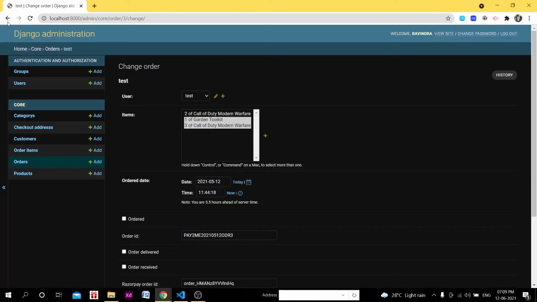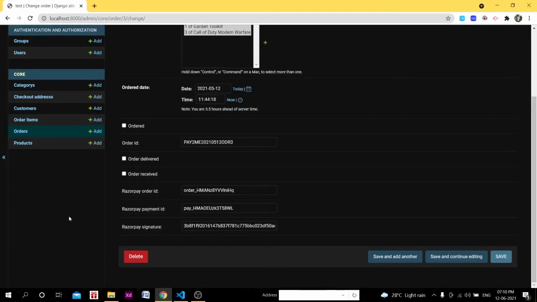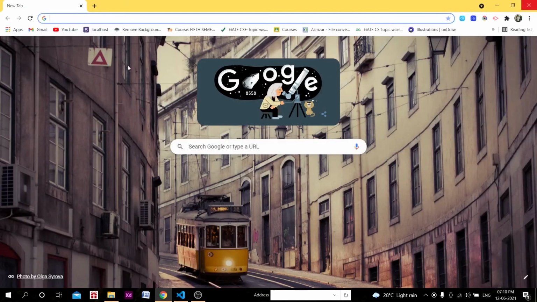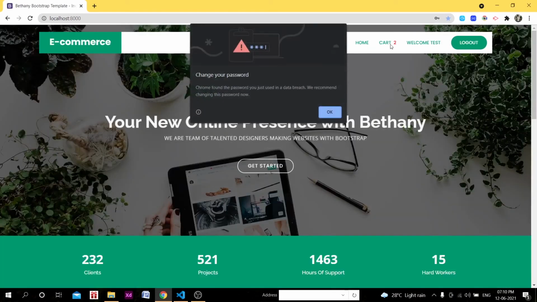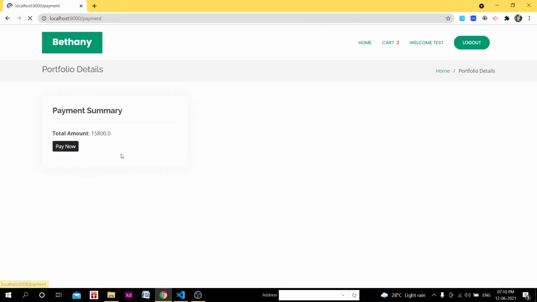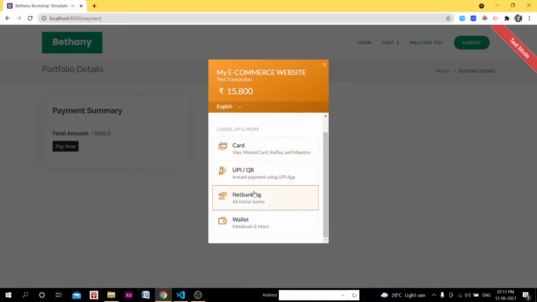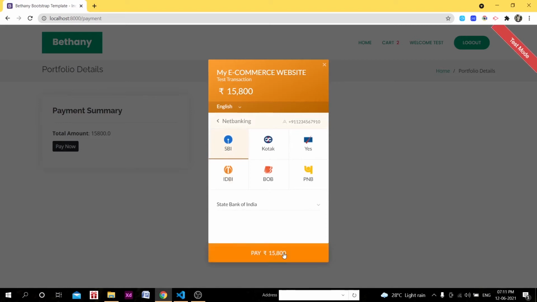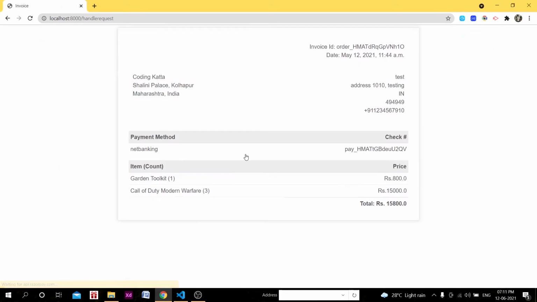Okay, so this is not working actually. Let's see this. Let's go to pay now. Okay, I'm closing all these things. I have logged in with the test user, and similarly let's go to the cart. Cart is again 2. Go to the checkout process, go for payment, pay now. Okay, so 1 2 3 4 5 6 7 8 9 1 0. This is fake, this is not my number, so don't call me. When we click on this success, the invoice should generate.